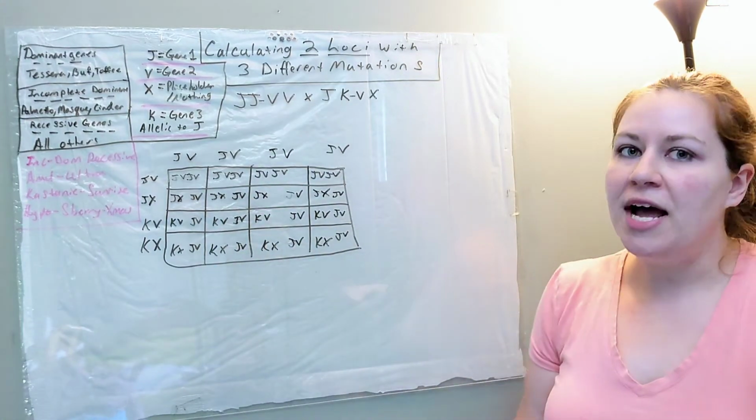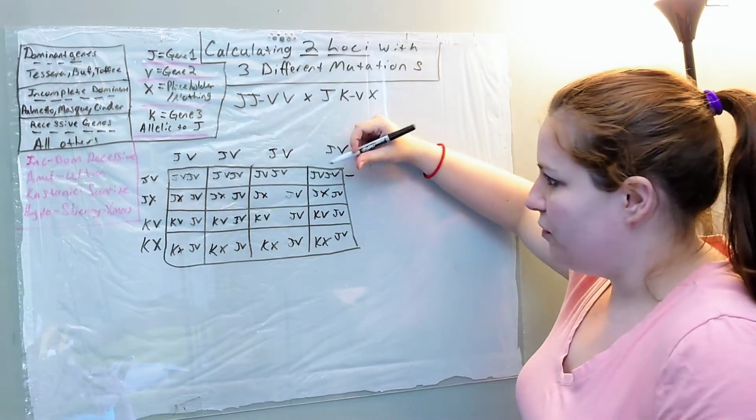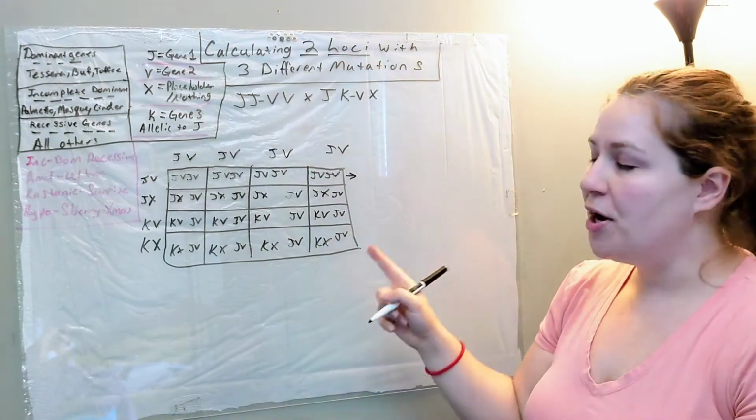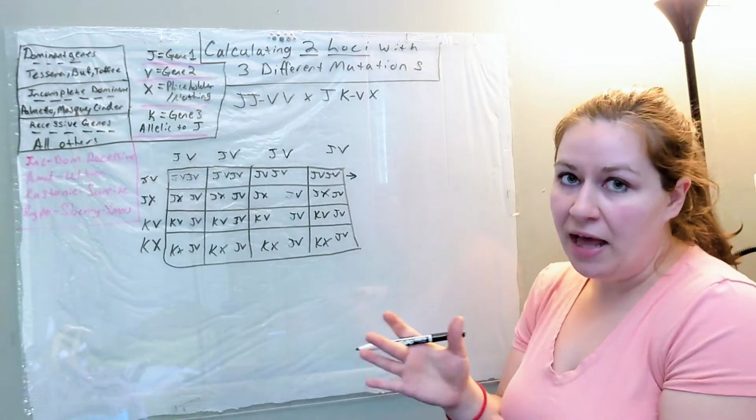Okay, so now that the Punnett square is all filled out, it's time to actually move these over here and apply them to other genes one at a time. So what we're going to do here, everything over here is JV, JV. So I'm going to go ahead and pair up the J's with each other and pair up the V's with each other,